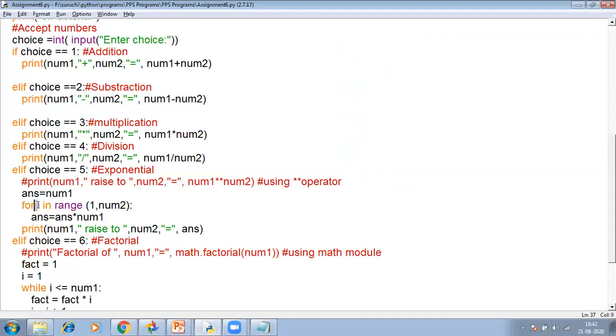So for any variable, here I have taken a variable called i in range from 1 till number 2. Why number 2? Because we have to perform it the number of times which is saved in this variable number 2.